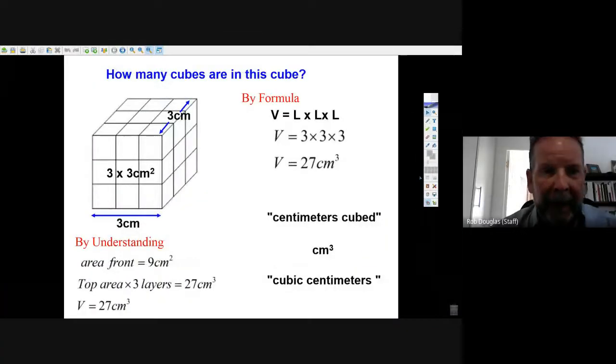Okay, we're going to look at the volume of a rectangular prism. Well, and the first thing we're going to look at is the volume of a cube. Now, here we have a cube. That's a